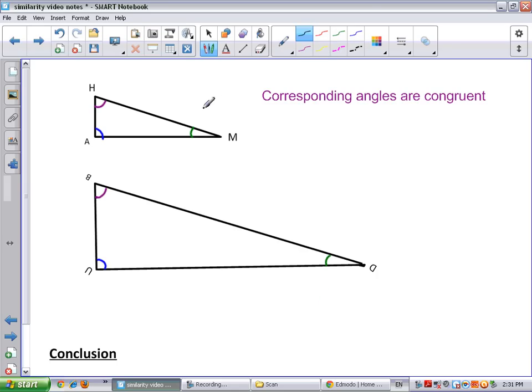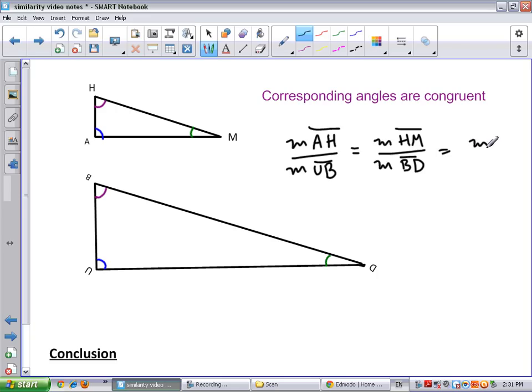Next step was to measure the sides, and hopefully, again, you reached the conclusion that the measure of side AH over the measure of side UB would give you an equivalent ratio to the measure of side HM divided by the measure of side BD. And that will give you the same ratio as the measure of the two remaining corresponding sides, which were AM and